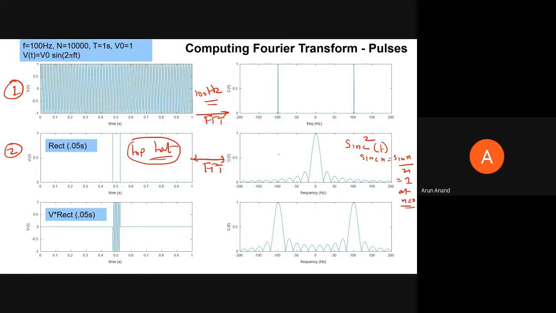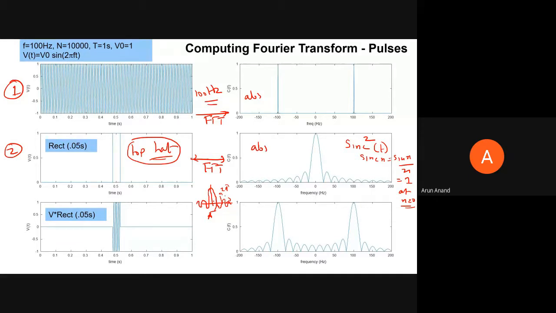So this is the sinc squared, because this is the absolute value of this thing. So this is an absolute value, and this is also an absolute value. If you plot the sinc function, it looks something like this. At every pi, it comes to 0, and it goes between negative and positive values. So this is pi, this will be 2 pi, 3 pi, etc. And this is the same on the other side also.